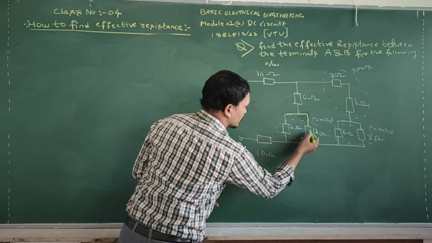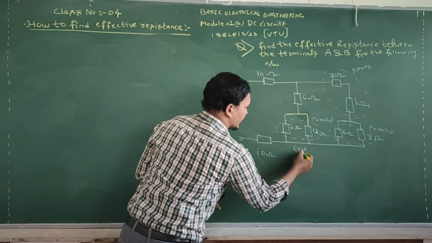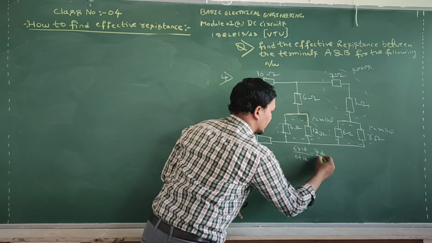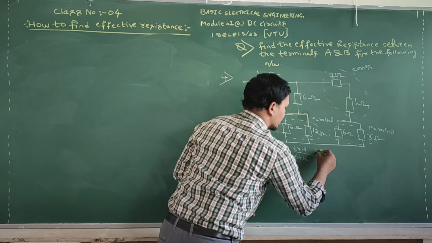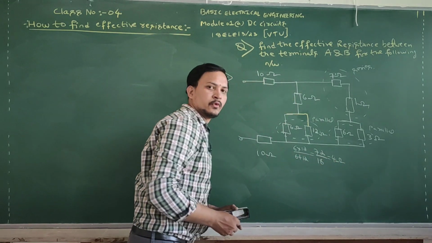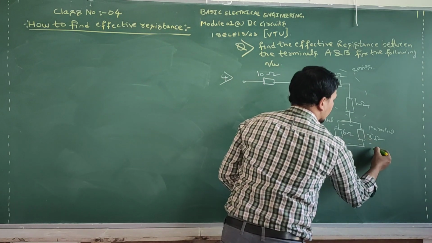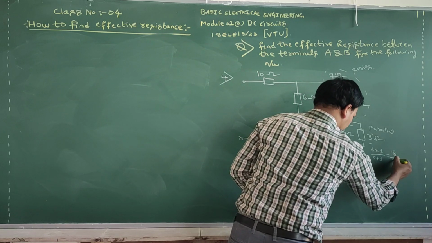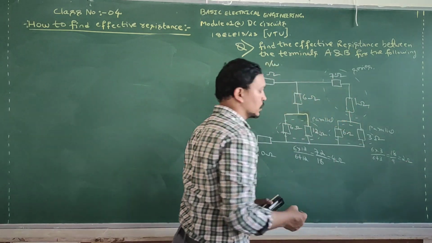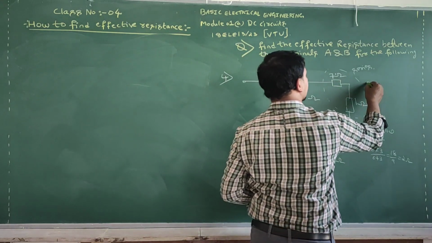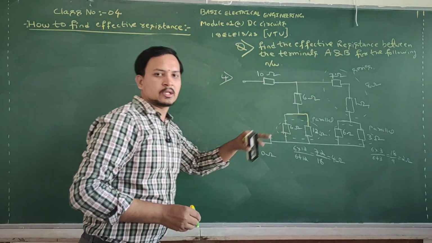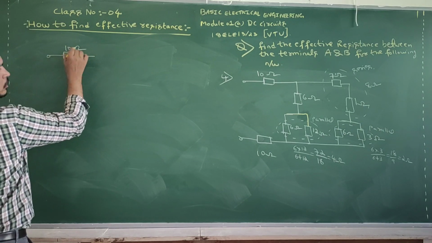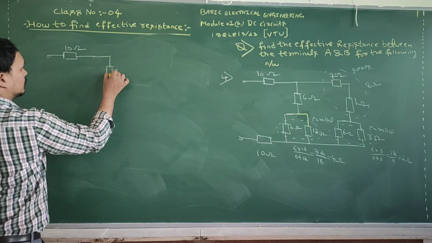See, now I am finding the answer for this. Two resistors are in parallel. Numerator multiply the resistances, denominator add the resistances. 12 times 6 is 72. 12 plus 6, 18. 72 by 18 how much? 4 ohms. Very good. Then 6 into 3 divided by 6 plus 3. 18 by 9 is equal to how much? 2 ohms. Now 7 plus 1 is how much? 8 ohms. Now draw the network. After reducing, draw the network. Okay, 10 ohm. Okay, 6 ohm.